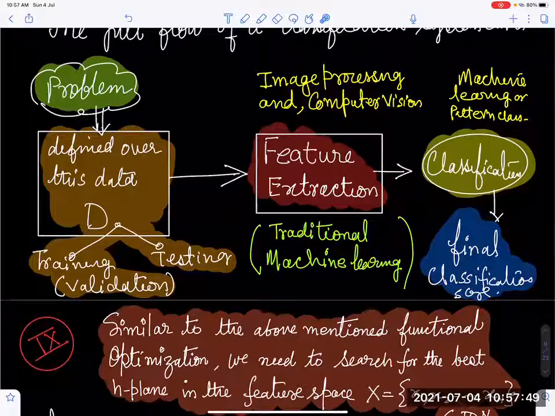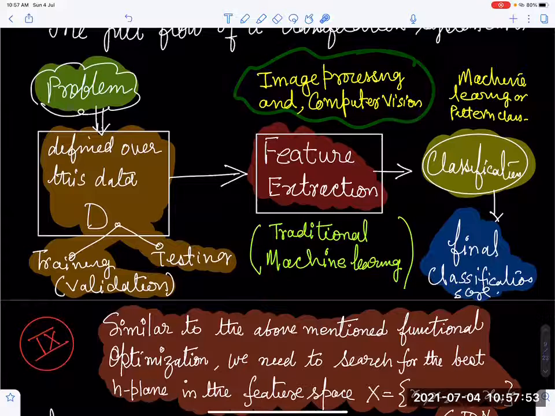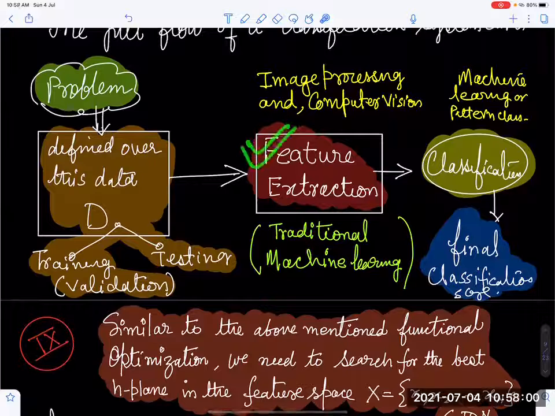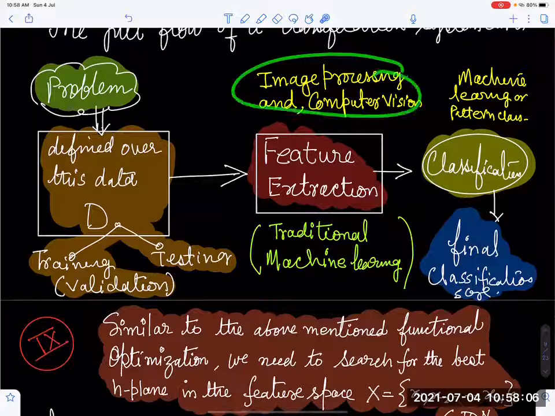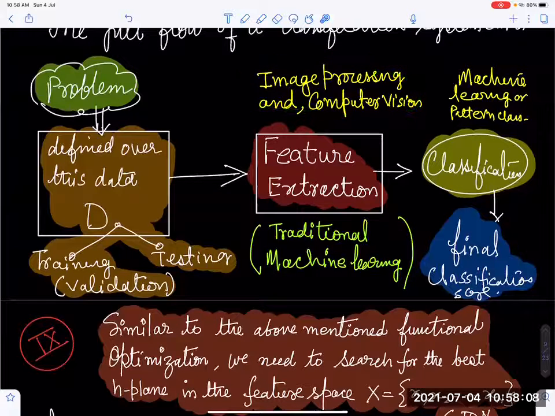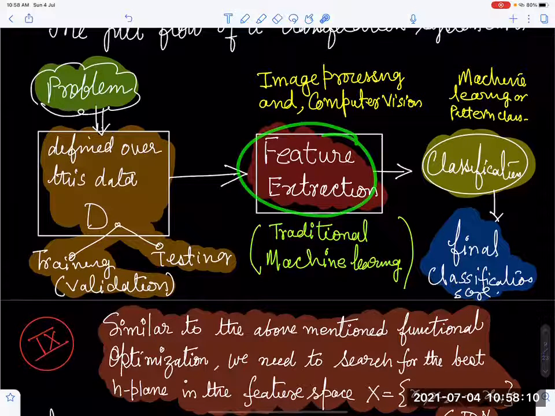What can be those questions? They are actually coming from the domains of image processing and computer vision. A huge amount of work was done on feature extraction in the pre-deep learning era, in which they used to ask different questions to each and every image or the data or whatever, so as to get the best possible features. And now each and every point is nothing but a vector, and you have got your features for each and every data.